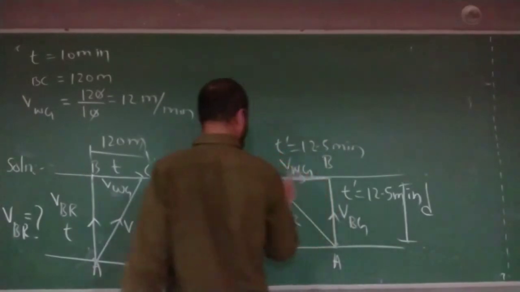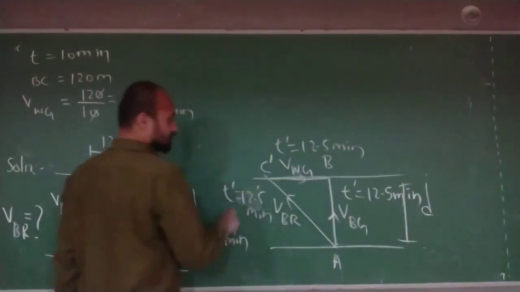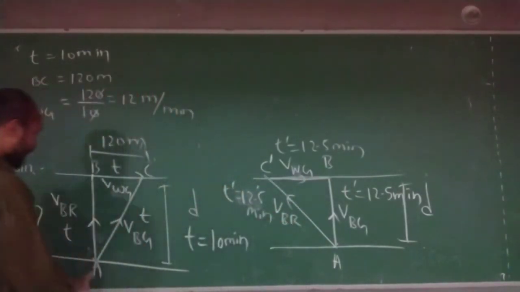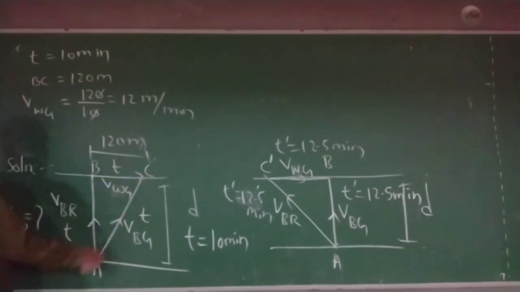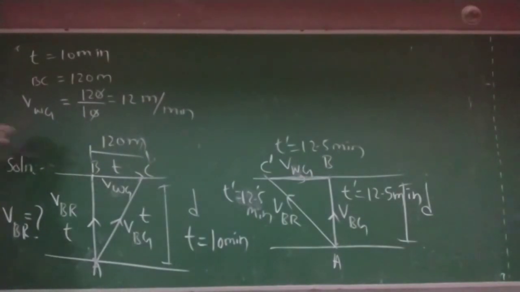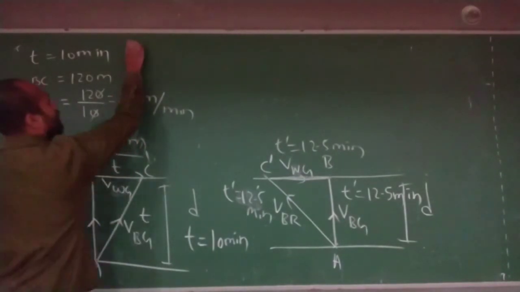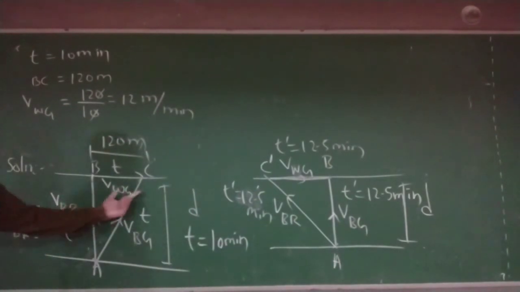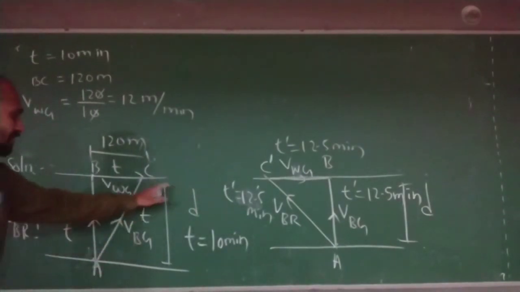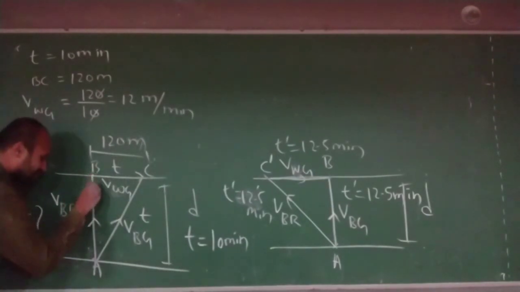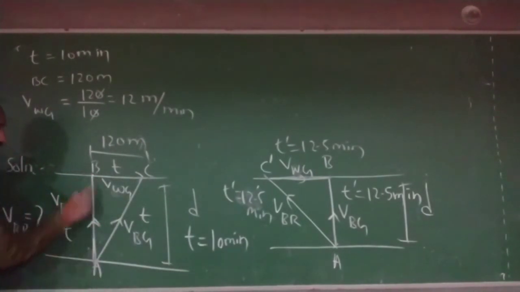This is point B. Let us take this as point C dash, because here I have taken C now. We can find B to C dash. AB remains constant for both of them. Here is the shortest time we will go. There is the shortest path he will cover. Okay. What is our target? To find VBR. Look here, VBR I need to find. I know VWG. Then what else can I say? I will utilize D here. See, can I make a relation of this AB velocity VBR? AB is how much? D. T I know.